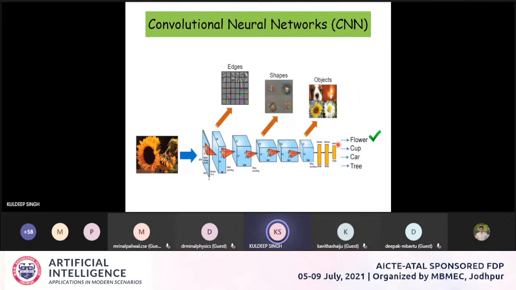You can see the example here, where a flower image is given as input. The starting layers are responsible for extracting the edges and lines, and slowly this information is processed by different hierarchy of layers, and small shapes are constituted, and in the final stage of this CNN we are able to constitute the objects. And finally the classification is performed on the representation constituted by the CNN.